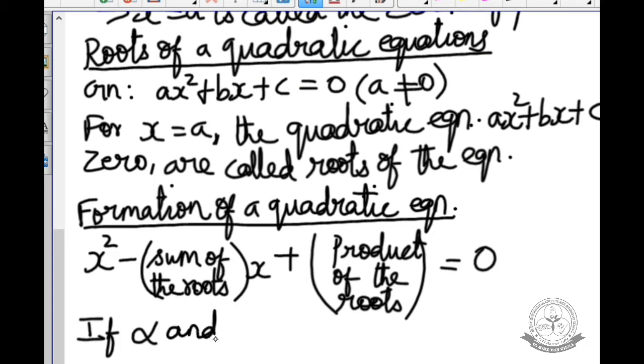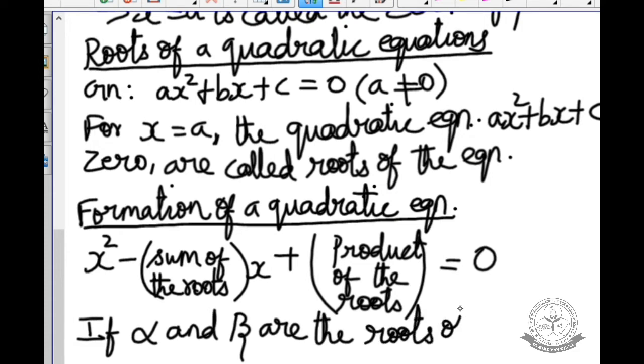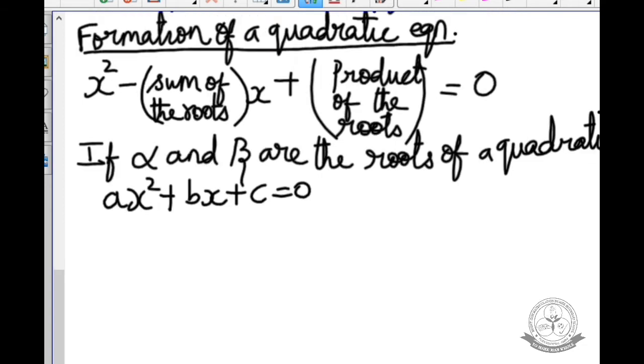Alpha and beta are the roots of a quadratic equation ax squared plus bx plus c equal to 0. ஏன் alpha beta மட்டும்தான் எடுக்கணும்? ஏன் இன்னும் ரெண்டு term சேர்த்து எடுக்க கூடாதுன்னா it is a quadratic equation, degree 2 இருக்கிறதுனால வரக்கூடிய ஆன்சர் அதிகபட்சம் ரெண்டுதான் இருக்கும். Quadratic equation and the solution will be only 2. Linear equation and the solution will be 1.